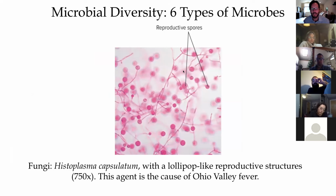Fungi. This is an image of Histoplasma capsulatum, which is one of the fungi that causes histoplasmosis. It's a eukaryotic organism, and these fungi are non-obligate, meaning they don't have to have a host to survive. They are opportunistic pathogens. So what that means is they're fine living on their own. But if they encounter a host that has a compromised immune system because it's either being obliterated with radiation because the patient has cancer, or it's immunocompromised because it has some other co-infection,